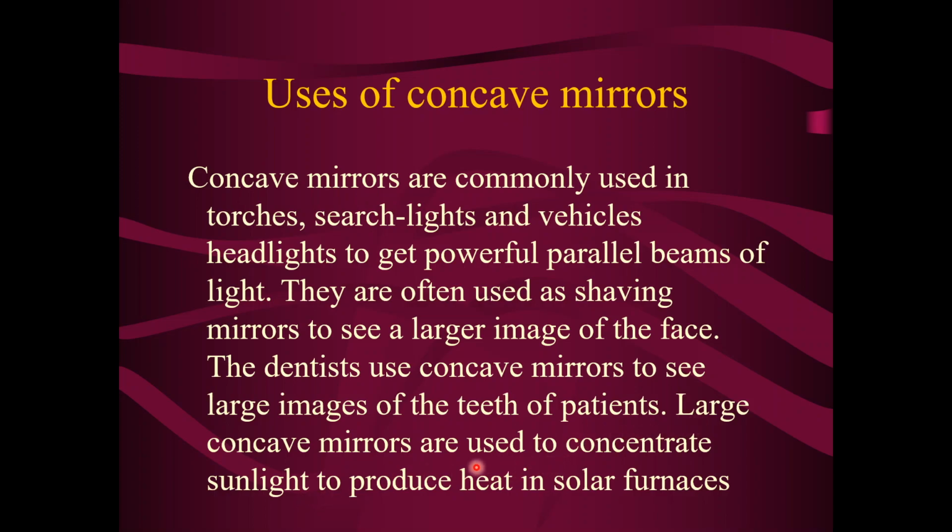Large concave mirrors are also used in solar furnaces. In the solar cooker, the portable solar cooker that we use at our home, it has a plain mirror, but in solar furnaces where the temperature should go high, in boilers, a concentrator type mirror, that is the concave mirror, is used to concentrate the sunlight, because sunlight is very diffuse. Sunlight is parallel, so it is concentrated at a point, its focus, so that the temperature increases. So in solar furnaces also concave mirrors are used.